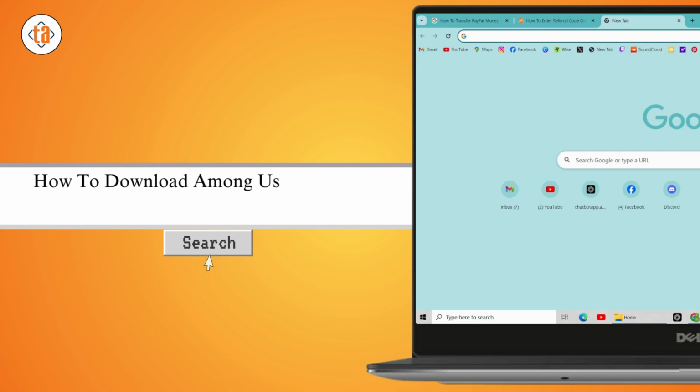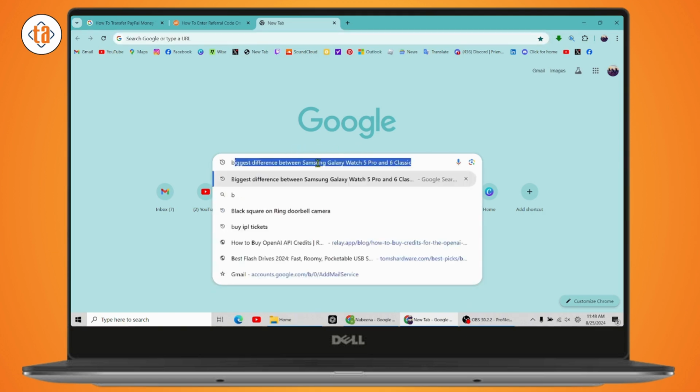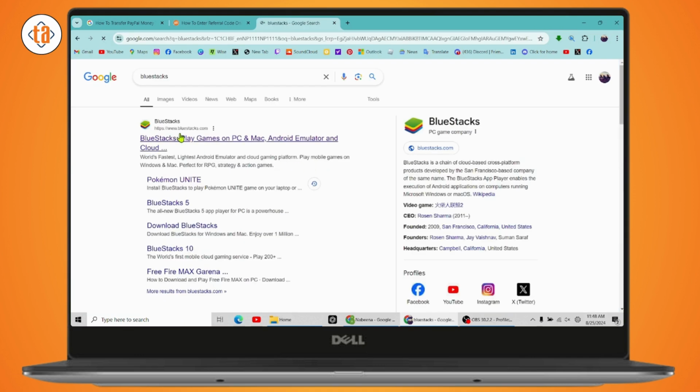How to download Among Us on PC for free. So if you want to download Among Us on PC for free, then first you need to install the BlueStacks emulator. You just need to simply go with your browser, any browser that you are comfortable with, and then search for BlueStacks. Once you search here, you will have the